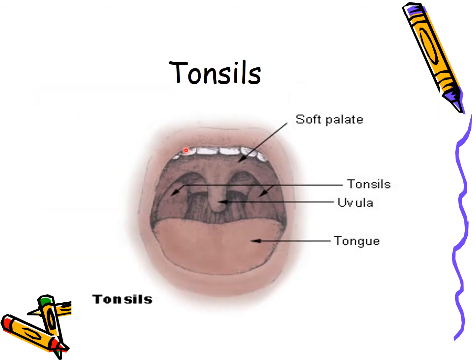Now, other lymphoid organs or lymphoid tissues are the tonsils. There are two palatine tonsils, the right and the left. They are simply called the tonsils. So, palatine tonsils are present on the posterior surface of the mouth between the anterior and the posterior pillars of the soft palate and the lateral wall of the pharynx. So they are aggregates of lymphoid tissue which are present in this area, in the oropharynx area.